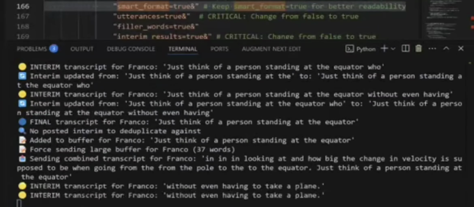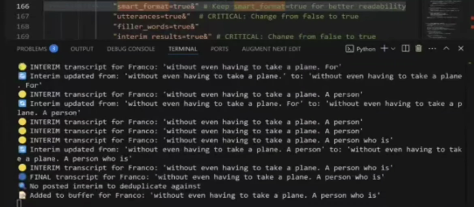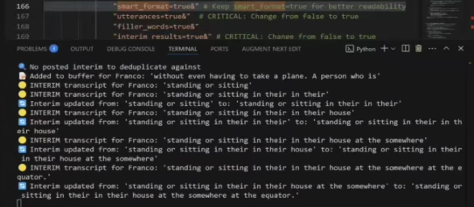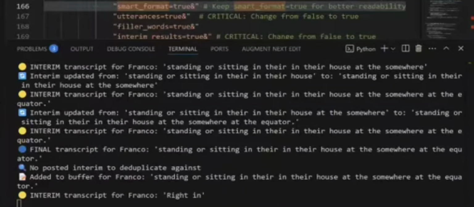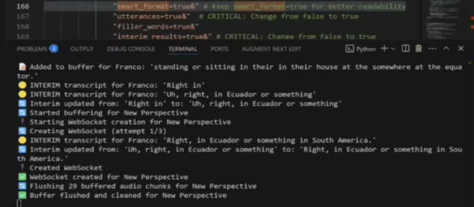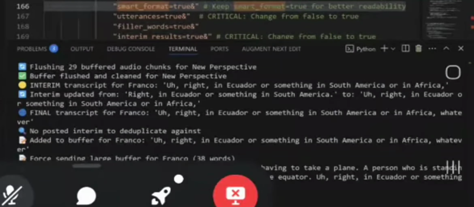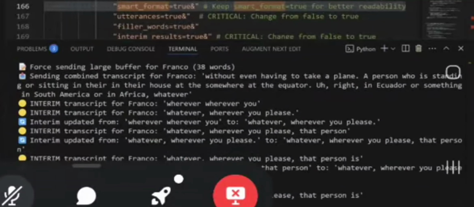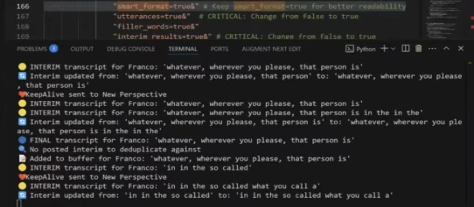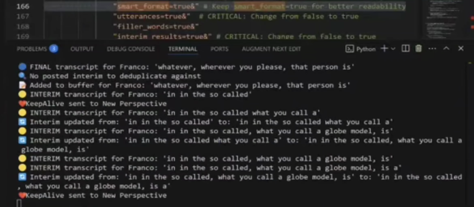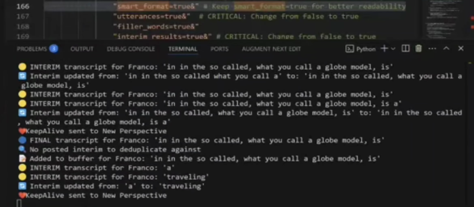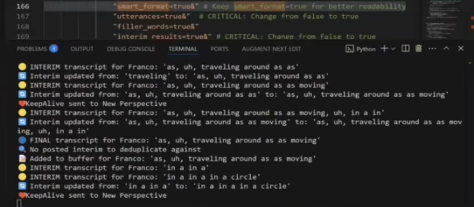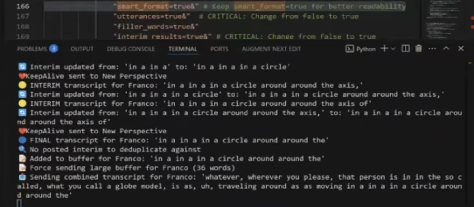A person who is standing or sitting in their house somewhere at the equator, in Ecuador or South America or Africa or wherever you please. That person, in the so-called globe model, is moving in a circle around the axis, around the center of the Earth, at